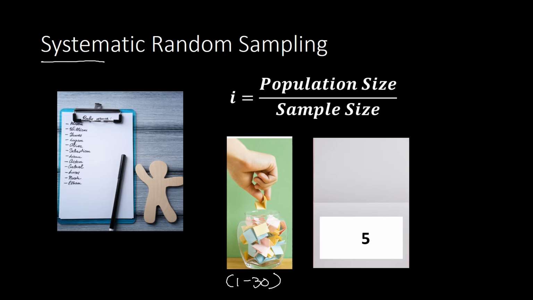So the number 5 in there will be part of your list on the sample. So if this is your list, then that would simply mean that you will be looking at the number 5 on your list. So this is 1, 2, 3, 4, 5. So Oliver will be part of your list. And then once computed the interval, let's say for example,